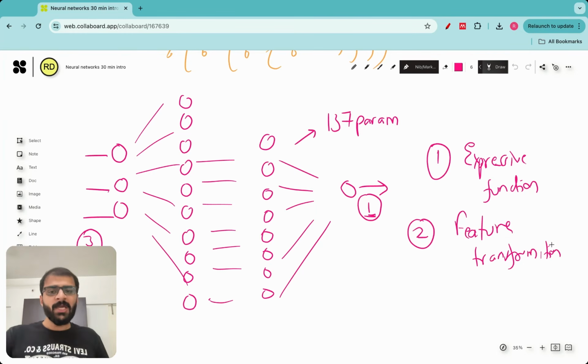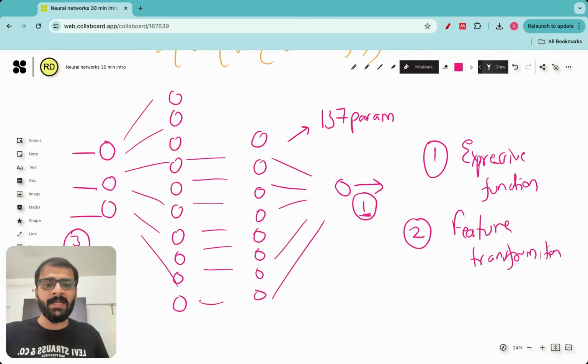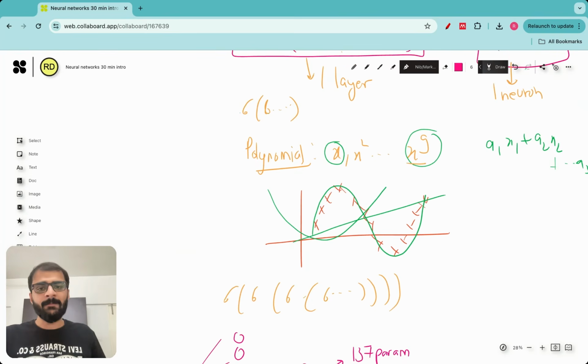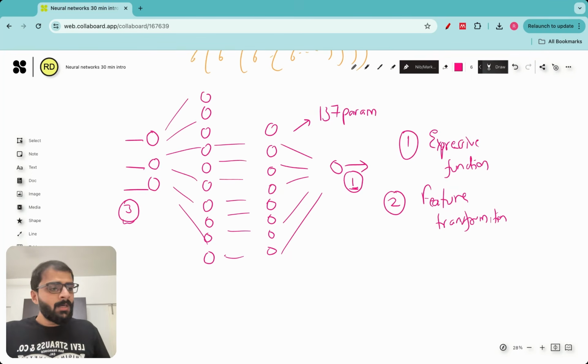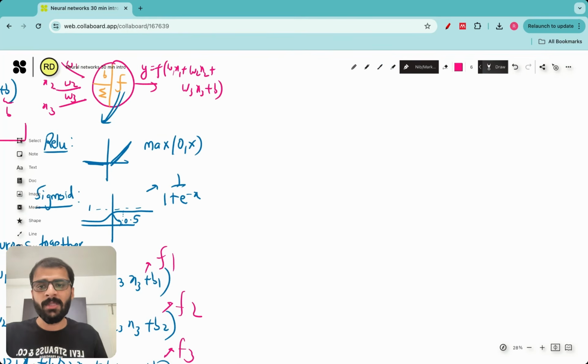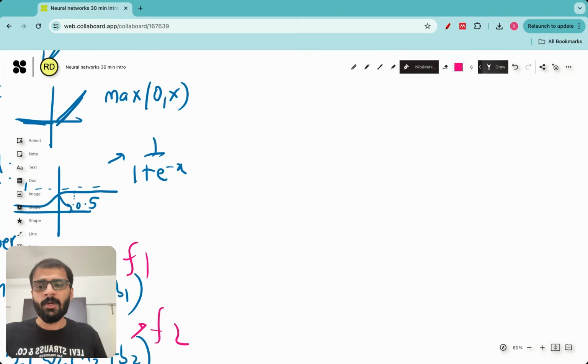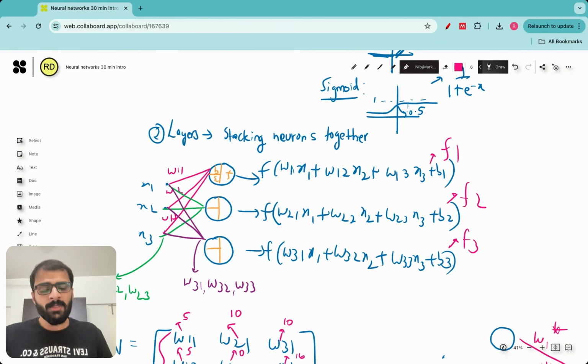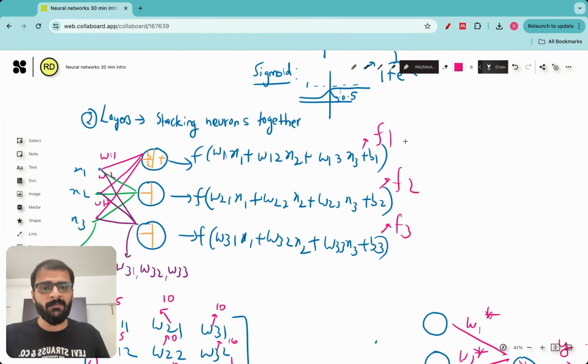The final thing which I would like to leave you with is matrix representation. It turns out that the same neural network architecture can be represented in a matrix formula. Let's look at this example which we saw, where the output was three different things: f1, f2, and f3. This can also be written as